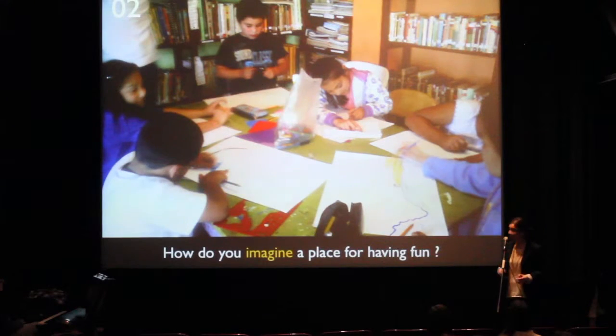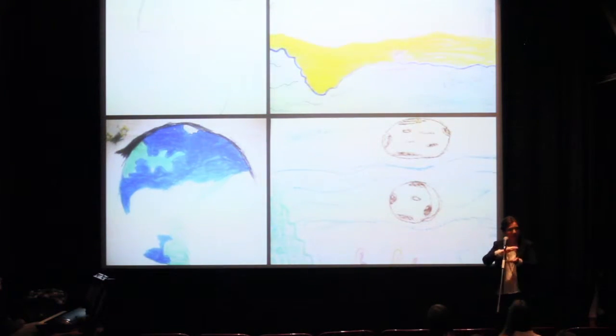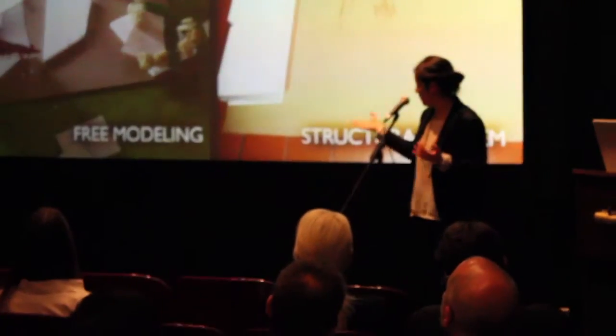And the result was just boundless. They have a huge imagination. So let's see the result. We have a moon with a flat part where the rocket could land. We have a beach with really strange fishes. We have a reef with some moons inside. And we also have a place where people could see the earth.